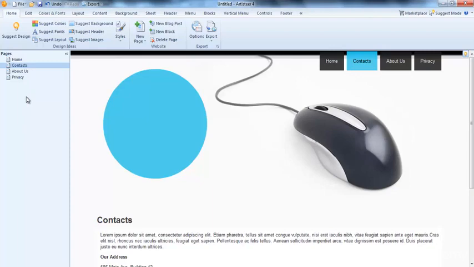Now, as I told you, this program contains a lot of options and it is very easy to discover. I will not explain all of them to save your time, but I will explain in short these tabs here. First, the home tab. Actually, if you want, you can just use this tab. Yes, it's true. You can see these buttons here. Just click on one of them and the program will suggest a design for you. You see, it is easy to use.